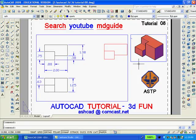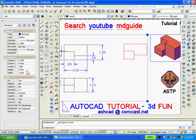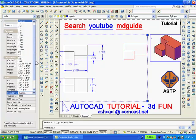You must remember that when using Paperspace, the entire drawing should be printed at a scale of 1:1, even though individual viewports can be set to different scales. You can set the scale of the large viewport by selecting it and clicking the Properties button. And then going down to Miscellaneous Standard Scale and select the scale that you want for the viewport,